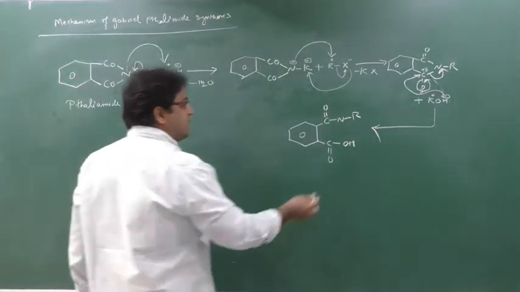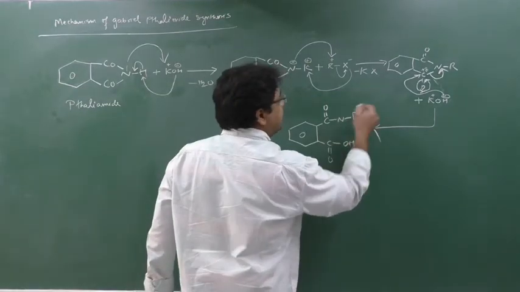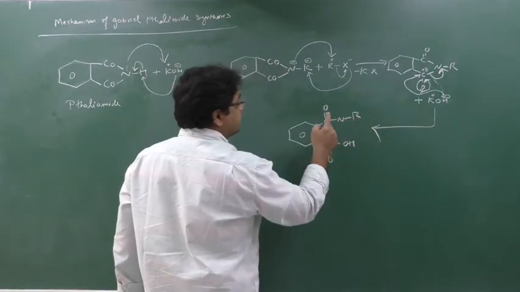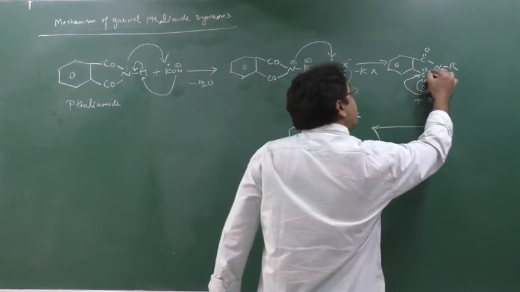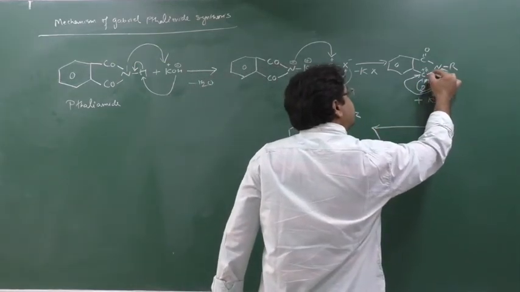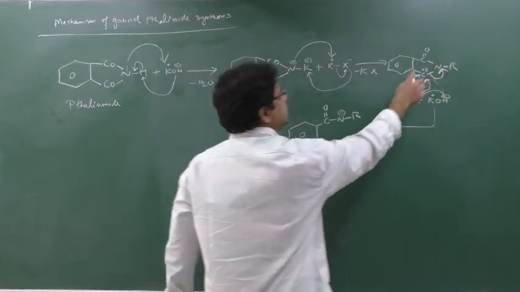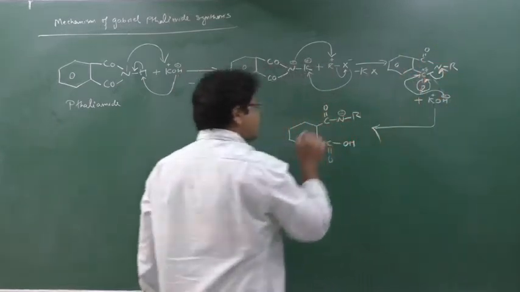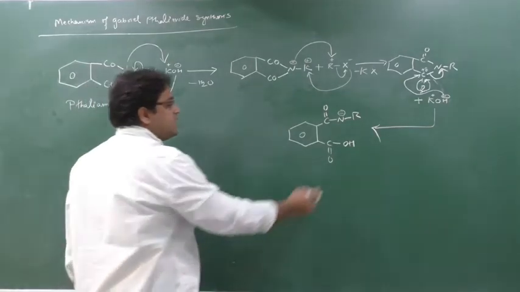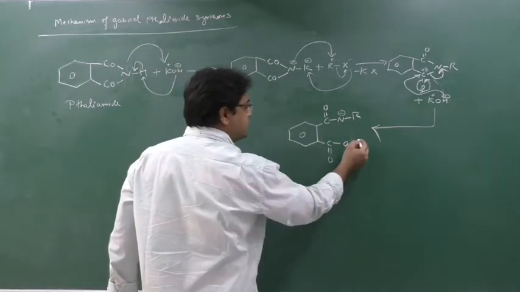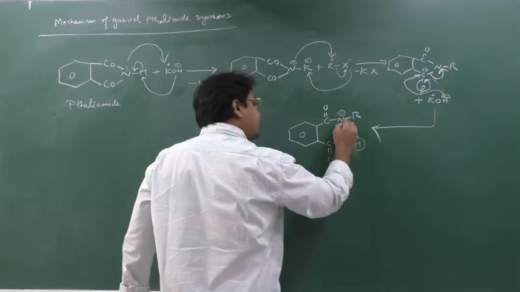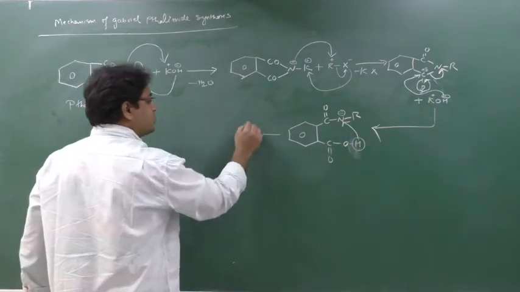Clear this part? Now beta, as this bond is broken, nitrogen cannot make two bonds. So nitrogen will have a negative charge, because when the bond is broken, nitrogen takes the electron and releases it. So nitrogen now has a negative charge. Now see here, this oxygen is associated with hydrogen. This is an acidic hydrogen. So this hydrogen will be shifted to this nitrogen. We call this a proton transfer.